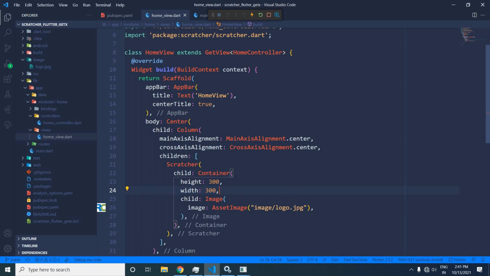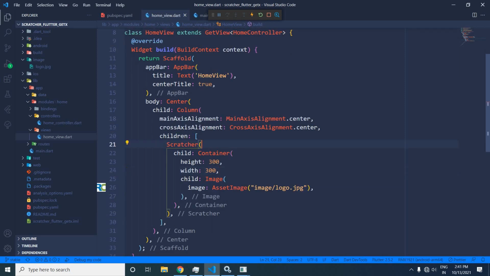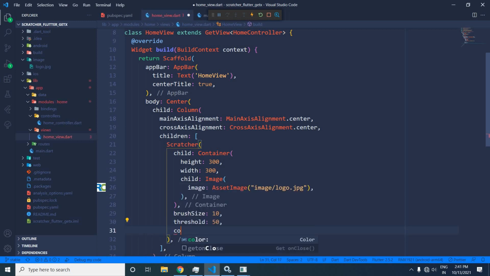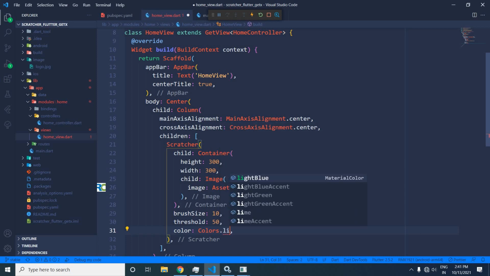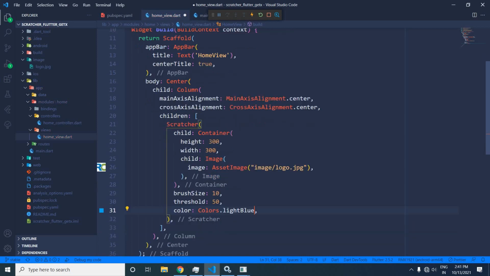Now, I will use some more attributes for this Scratcher. I will use here brush size, let it be 10. After that, I will use threshold. I will discuss the meaning of each of these parameters later on. Let the threshold be 50. Okay, and here I will specify color, and let the color be Colors dot, let it be light blue. Okay. After that,